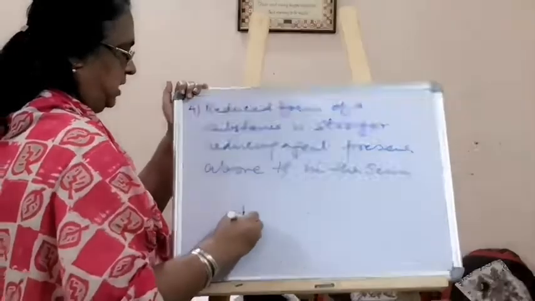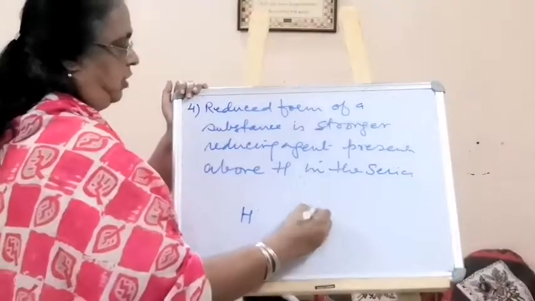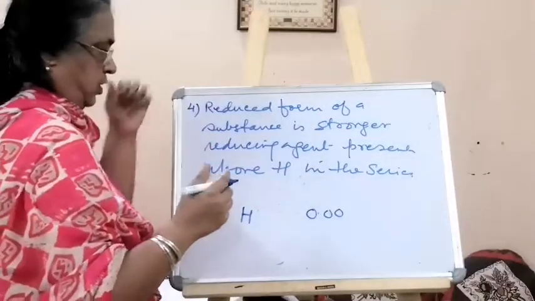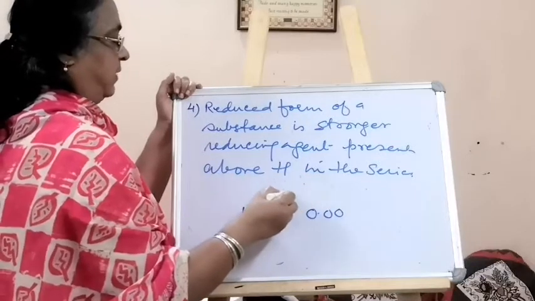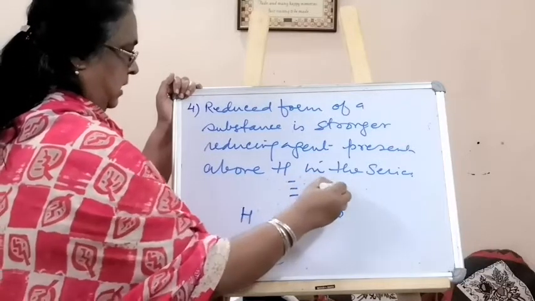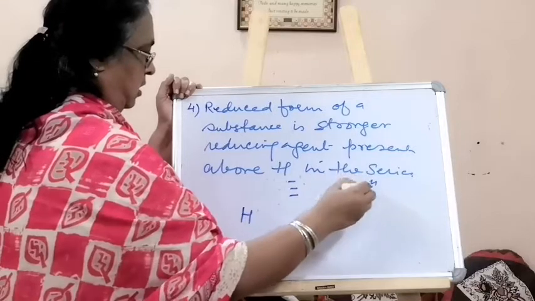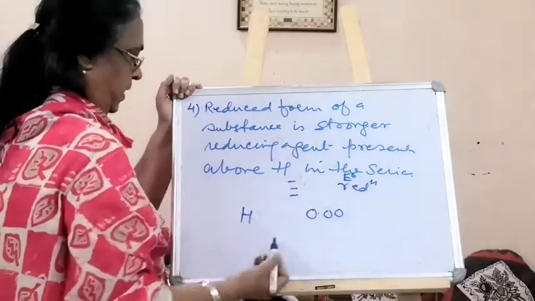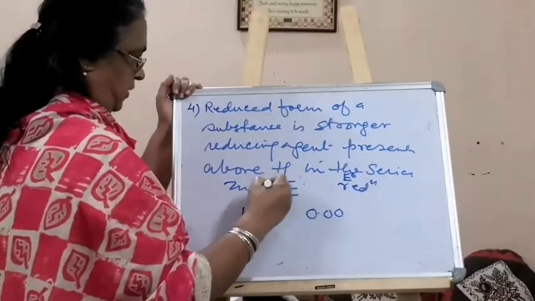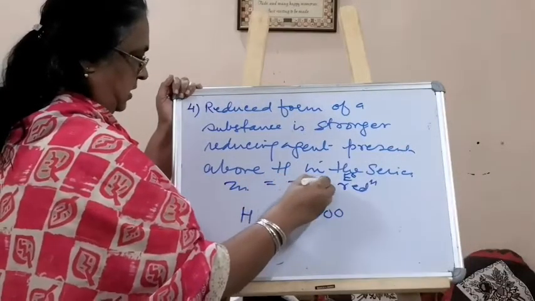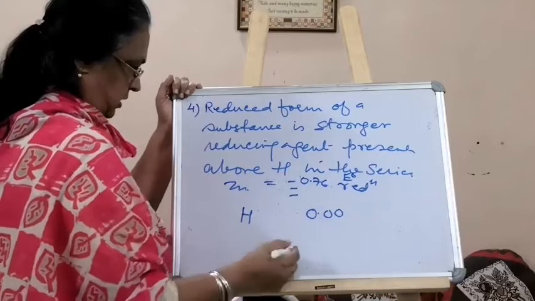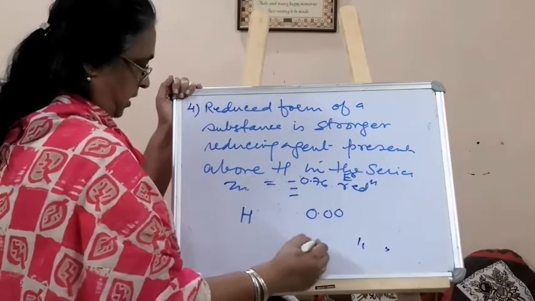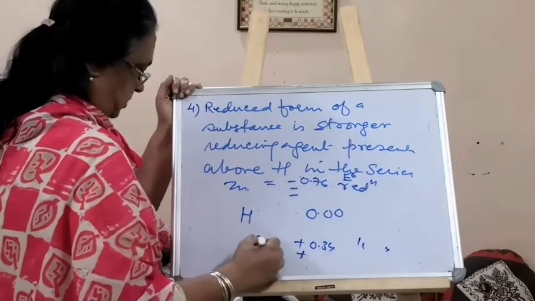Hydrogen is here. The electrode potential of hydrogen is 0 whether you take a reduction or an oxidation. Whatever is present above that, they all have minus standard reduction potential. These are all negative values. You have zinc also here. You have seen for zinc, that is minus 0.76 volt. What is under this? They all have positive reduction potential. And you have seen for copper, this is here.